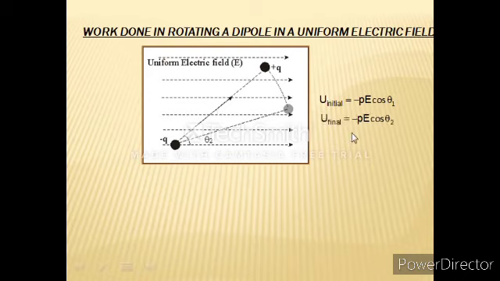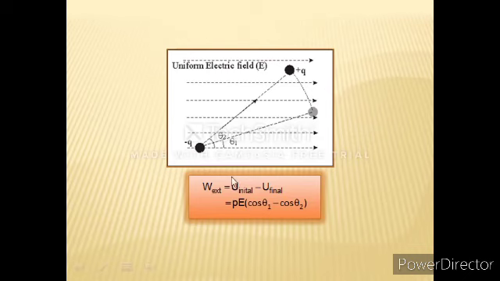So the final energy is this much. And work done by external agent can always be written as final energy minus initial, UF minus UI. Put the values, we get this one. So this is the basic formula for work done in rotating a dipole in a uniform electric